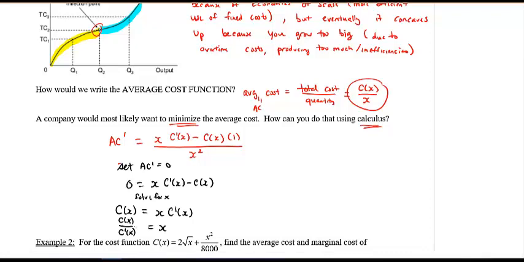Now, what does this actually show, though? Maybe this is kind of weird because you're like, well, what does x mean? That's the total cost divided by the derivative. That's where the minimum is. Yes. Okay. Or another way of thinking about this is if I were to rearrange this,